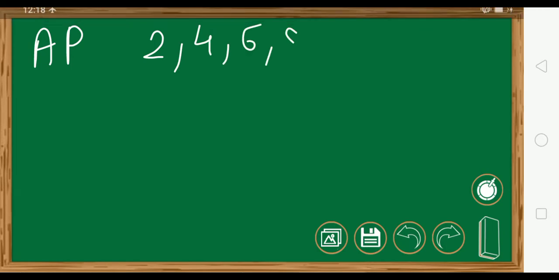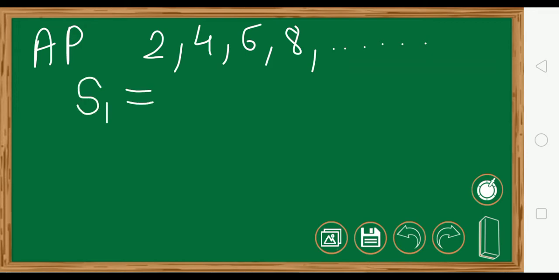Now we have seen the formula to calculate the nth term of a series. For example, I am giving you an AP 2, 4, 6, 8 and so on. Now I want to calculate the sum of the first 3 terms, the sum of the first 2 terms. Now we write S1.